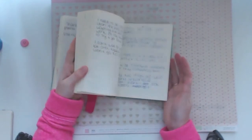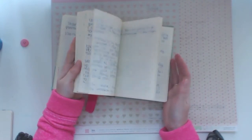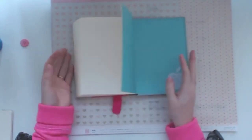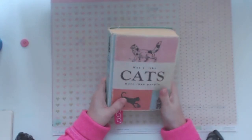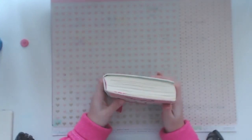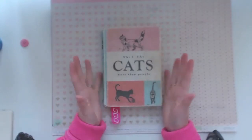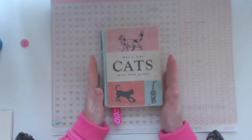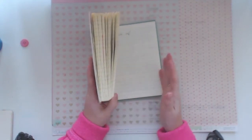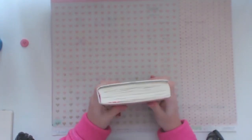But for the majority of this book, I am just writing down stuff. And I have to say that I'm not just writing every day. If I miss days, it is no big deal at all. It doesn't matter to me. I just want to get down what I can get down. If I miss days, who cares? At the same time, sometimes if I do have time or something exciting happened, I might start off with a catch-up. So I might write about what happened in the last 3 days that I didn't write about, and then catch up to today and write about today as well. So yeah, 6 months of that into this book,